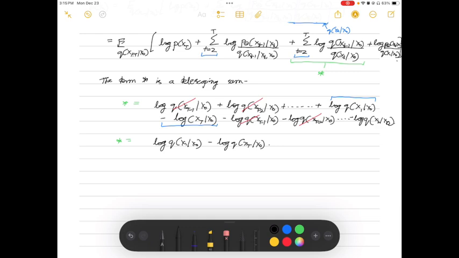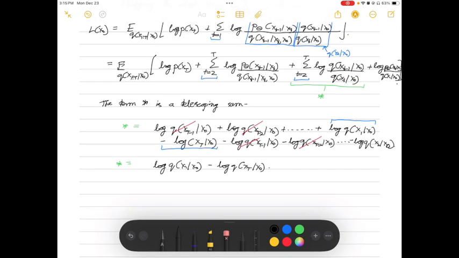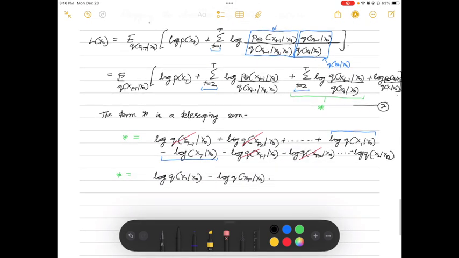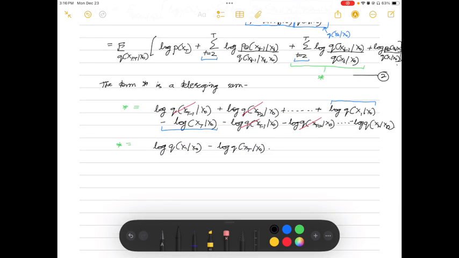And if we plug this star term back into our original equation, let's call this equation 2 because we simplified this from equation 1, so this is equation 2. And if we plug star back in equation 2, we get that L of x naught is equal to